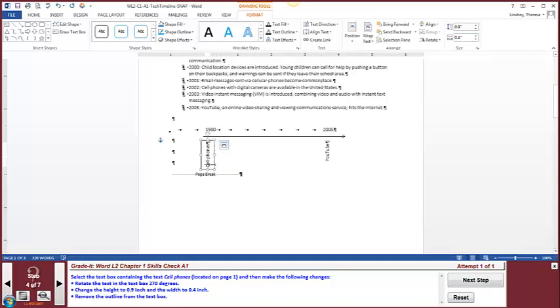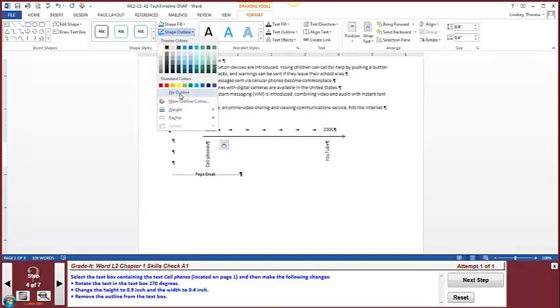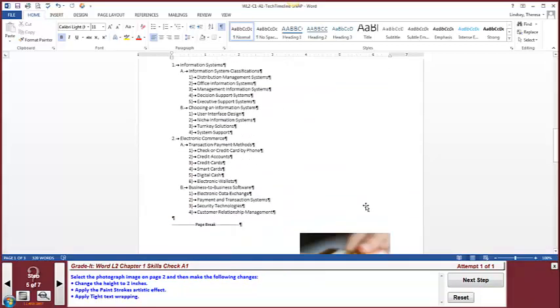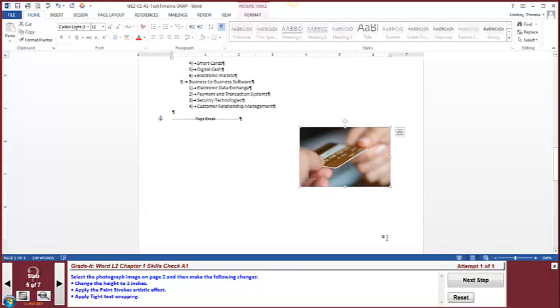And then we're going to remove the outline of this. So we're going to click on Shape Outline and No Outline, and then it looks like it's just floating there. You don't see the borders around the edge. Next step, select the photograph image on page 2, and that's this image right here, and change the height to